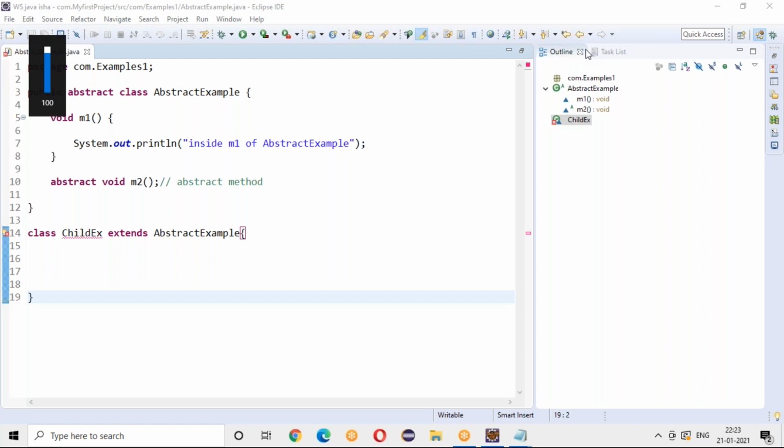That is a very popular interview question for freshers: what is the difference between overloading and overriding?